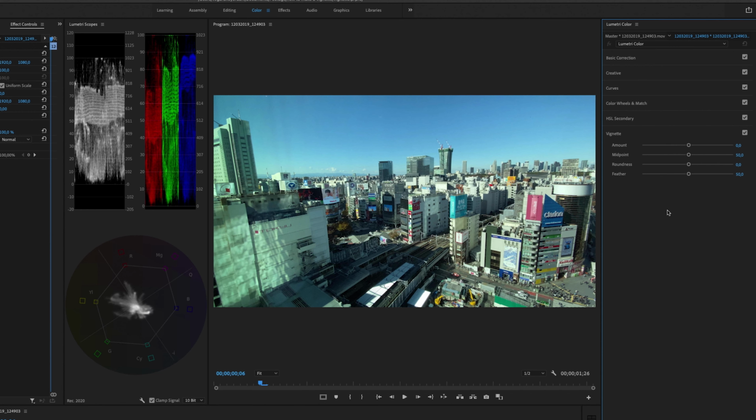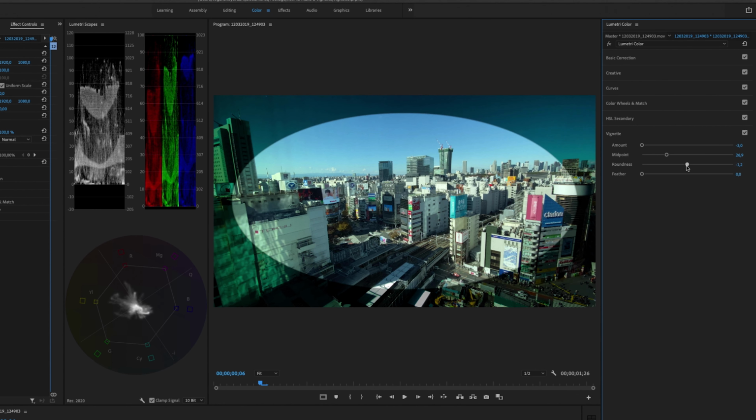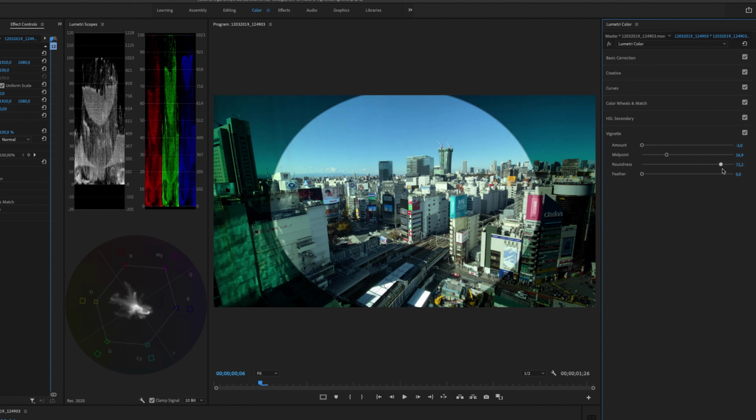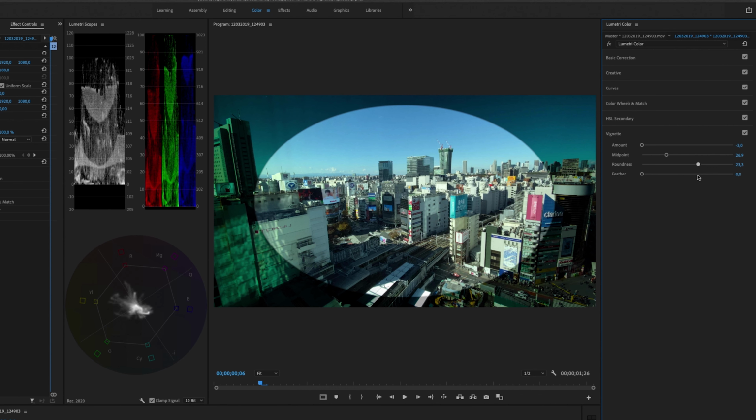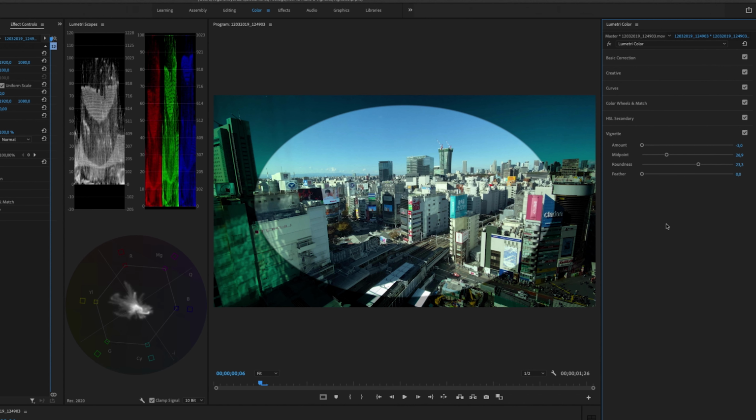So one of the pro tips that I have for you is that we are going to just slide all the sliders to the right. And then you'll see that we are making a darker outside here. And you can play around with the midpoint, so how the midpoint is going to look, and the roundness. And you can have an oval shape, a circle shape, and you can just play around with this inside of this panel. And the amount of feathering and the amount of vignette that you are getting is decided by